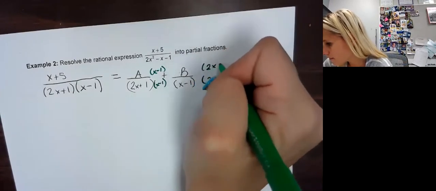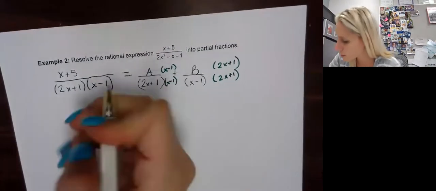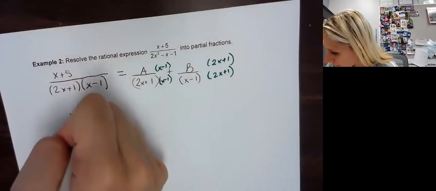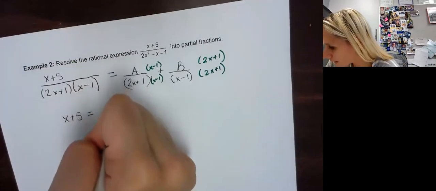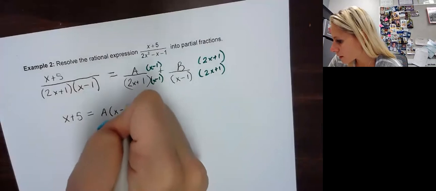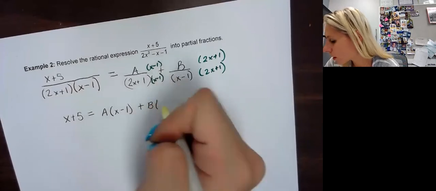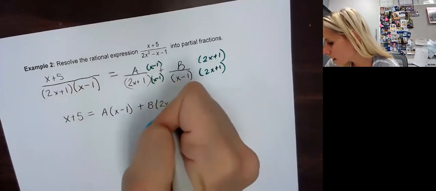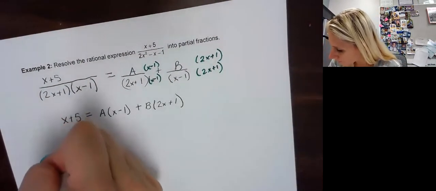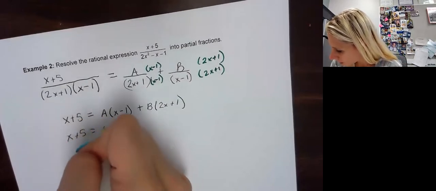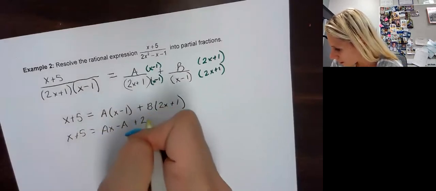Do that to the top, because now that we have common denominators, we can ignore them and look at the numerators. So x plus 5 equals, I'm still going to write this all out. I know eventually some of you will do this a little bit quicker and do that distributing before you write this down, or distributing right away, I should say. Plus 1. Okay. I'm going to distribute ax minus a plus 2bx